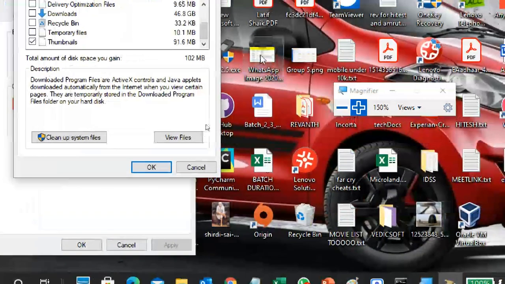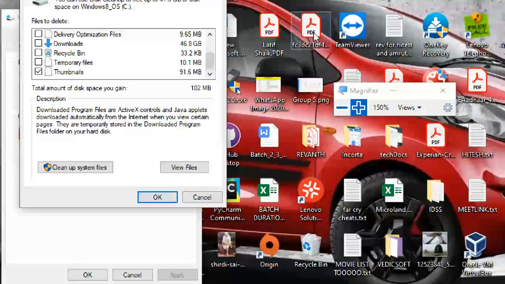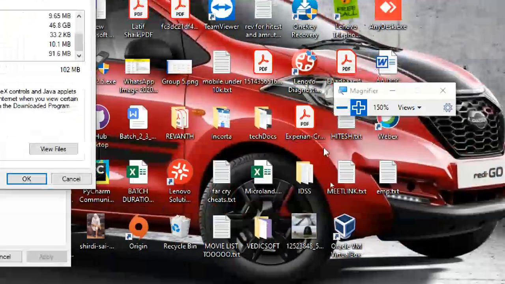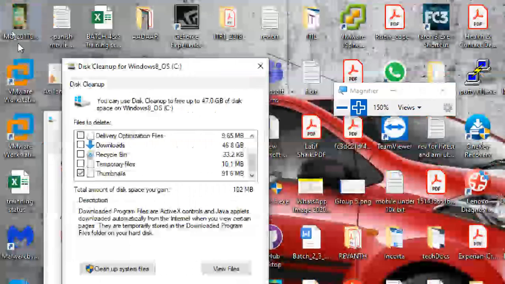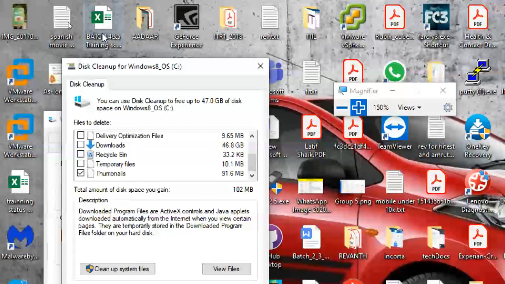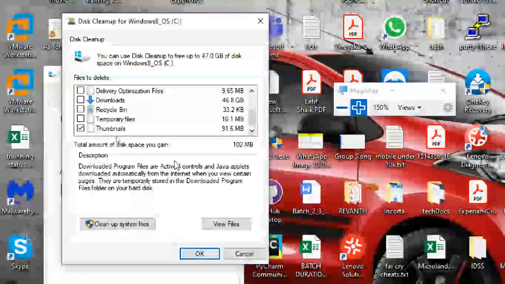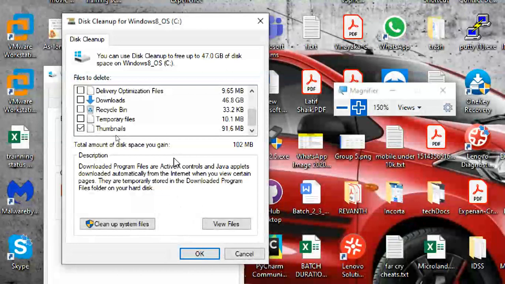For example, this is a PDF, this is a notepad file, this is a document file. Like that, the shortcut files, picture files, documents, Excel. So this is nothing but a thumbnail. It shows how the file looks.